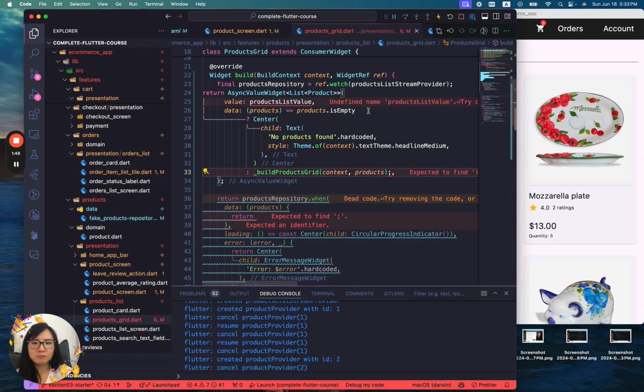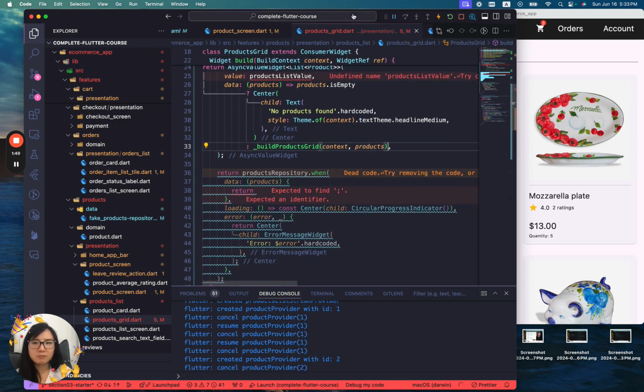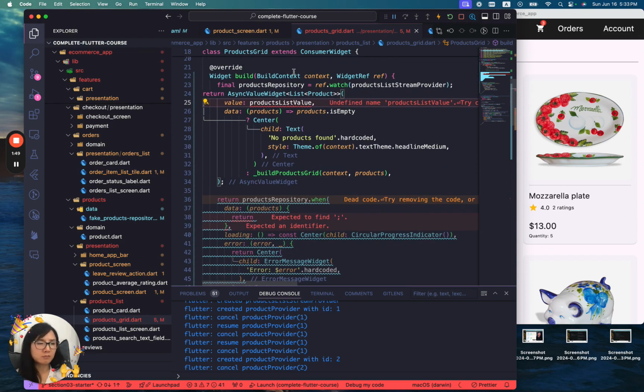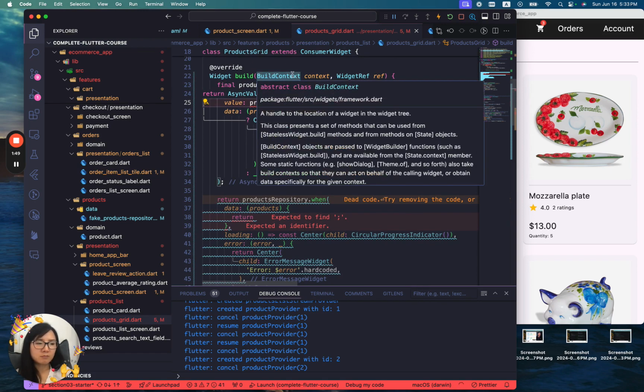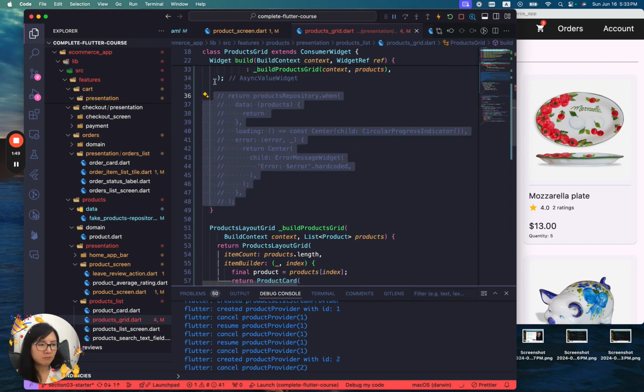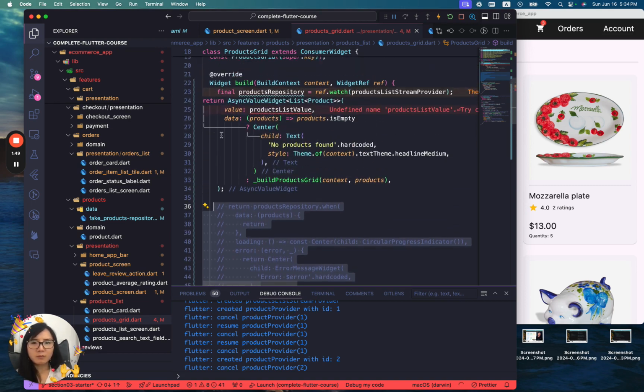Then we can move over to the product screen widget. Over here we can do the same thing and delete this code, and instead we can return an AsyncValueWidget that we can import. This time the type is going to be a nullable Product. Of course we need to pass in a value, which is our product value, and we can remove the error and loading state as well. And if we hot reload now, we should see that